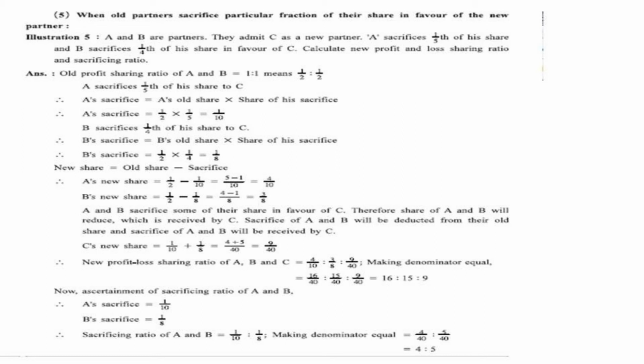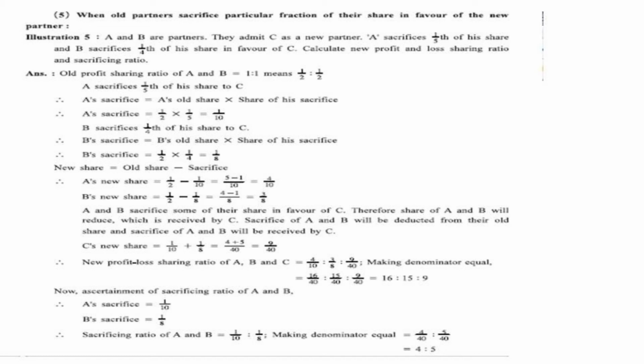But here you notice one thing, that denominator is not same, and if denominator is not same, then ratio is not possible. So now we want to make the denominator same. So if in denominator 10 is there, and if we want to make the denominator 40, 10, 8 and 40 is there. So LCM is 40 and so we make the denominator 40. So if we want to make the 10 into 40, then we have to multiply with 4 in numerator and denominator. So 4 upon 10 into 4 upon 4 is equal to 16 upon 40 is there.